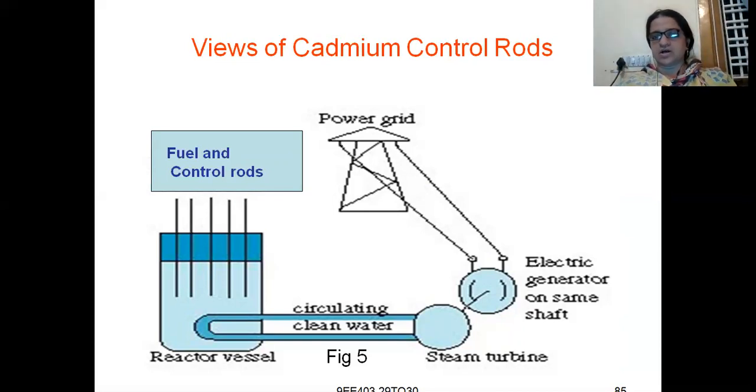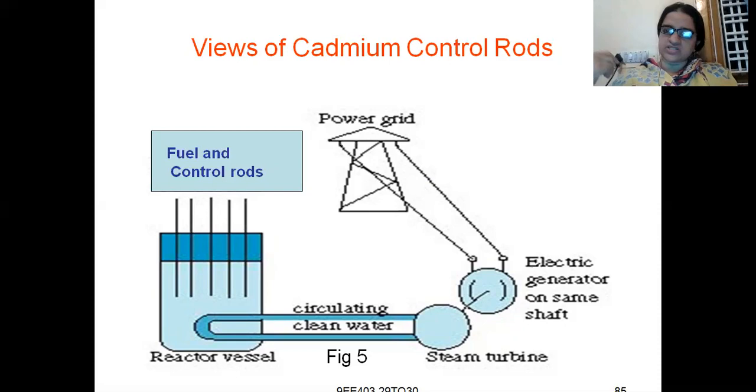So this is again a diagram which is showing a nuclear reactor and the function of a nuclear power plant. You are having fuel and control rods. There is a reactor vessel and circulating water. You are using water only as coolant, and you are trying to circulate the water. When the water is sent inside and the hot water is taken out, in this way the circulation of water is done, and water is converted into steam energy, and this steam is given to the steam